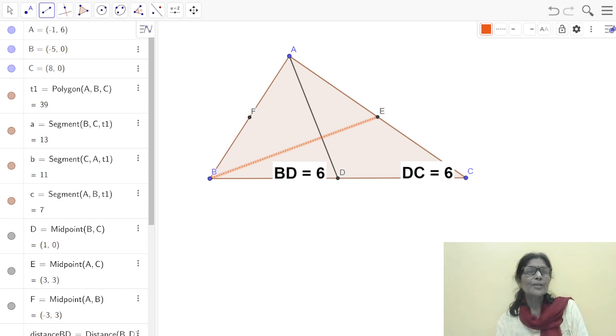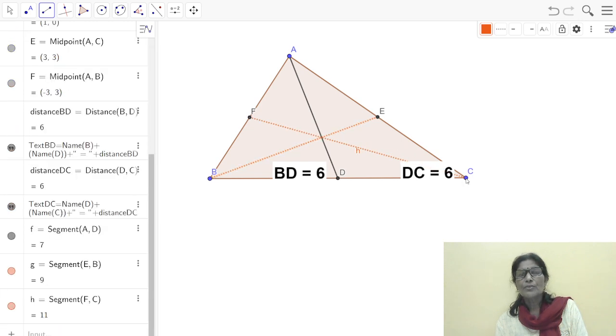Then I'll join F and C. So here I am drawing another color. I am coloring blue. So blue is median from C to AB. Orange color is from B to AC, and AD I have written a solid color. Just see, these 3 lines are